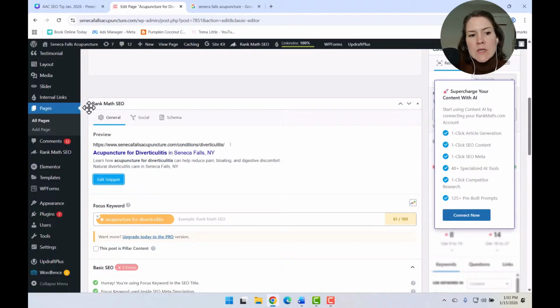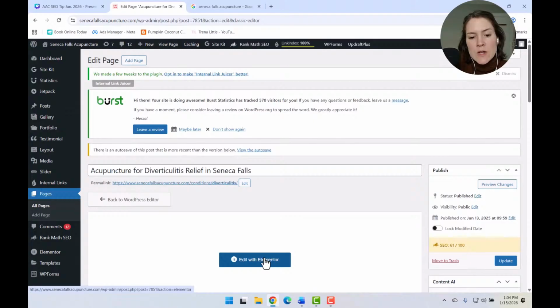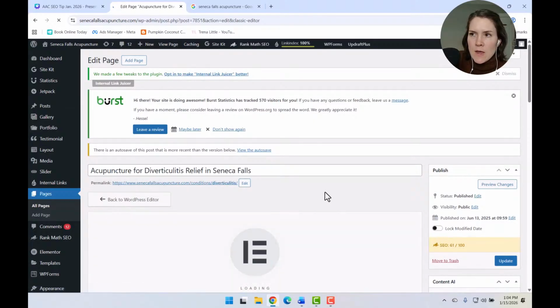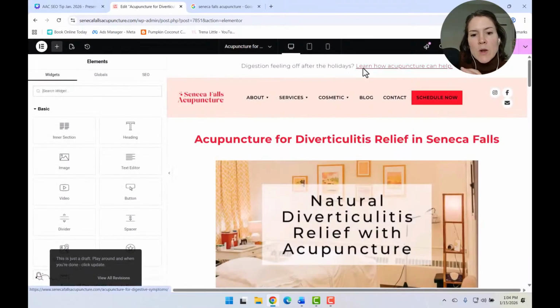And I'm using an SEO widget called Rank Math, but a lot of people have a widget that is called Yoast. And these are free. They have free versions, and that's what I'm using. So I don't have all the features, but the most important thing is it is allowing me to edit this snippet so I can edit the metadata and add my location. So then I'm going to say edit. I use Elementor, which is just a very common design platform that fits into WordPress. But I want to show you something.